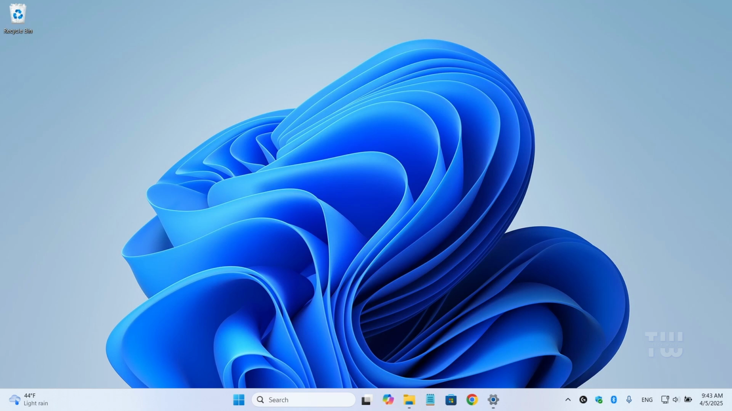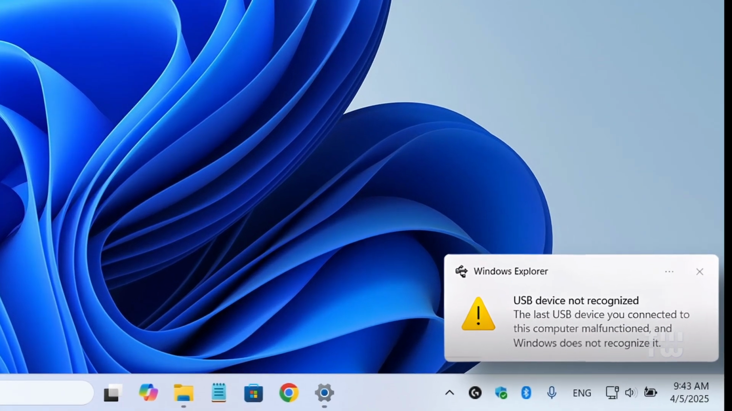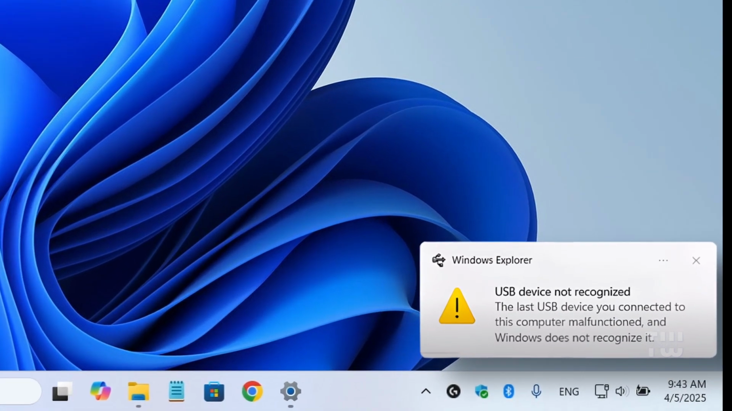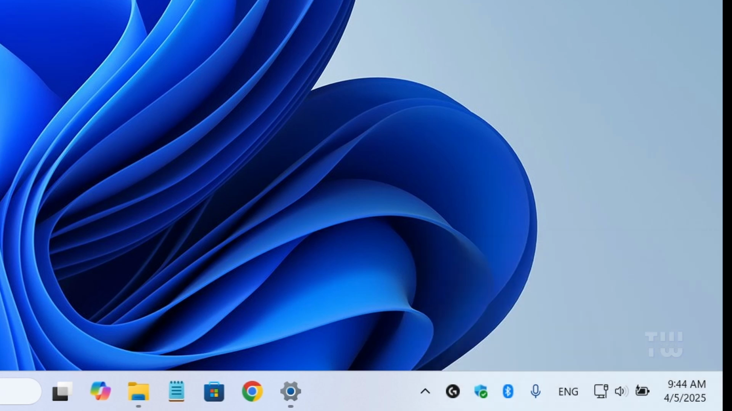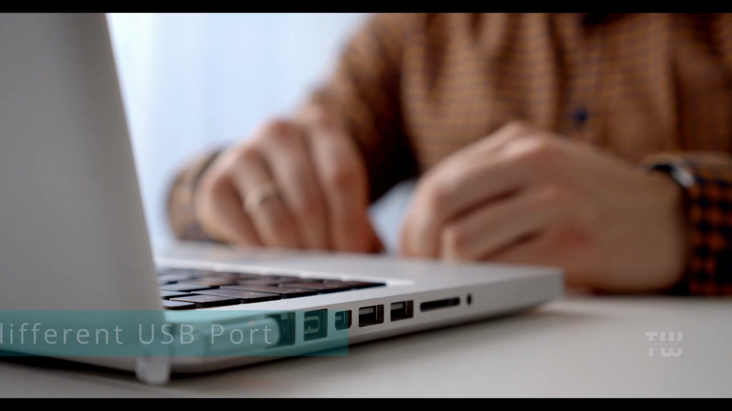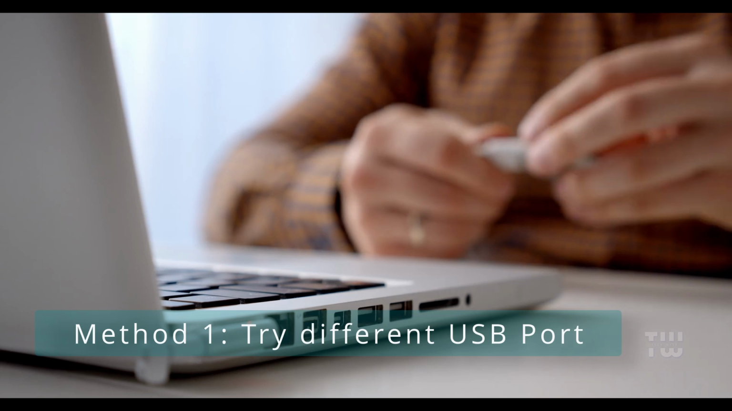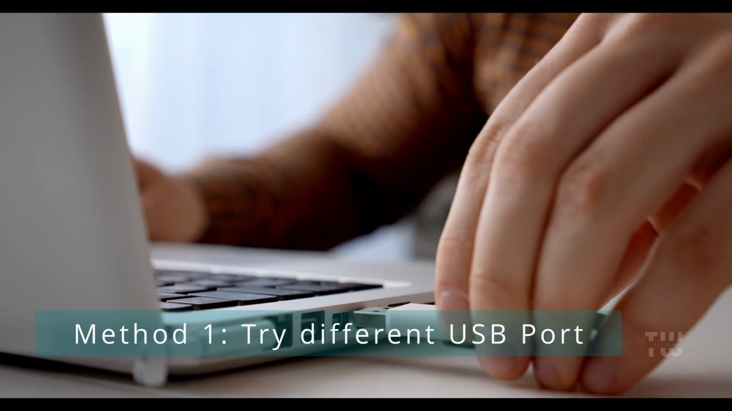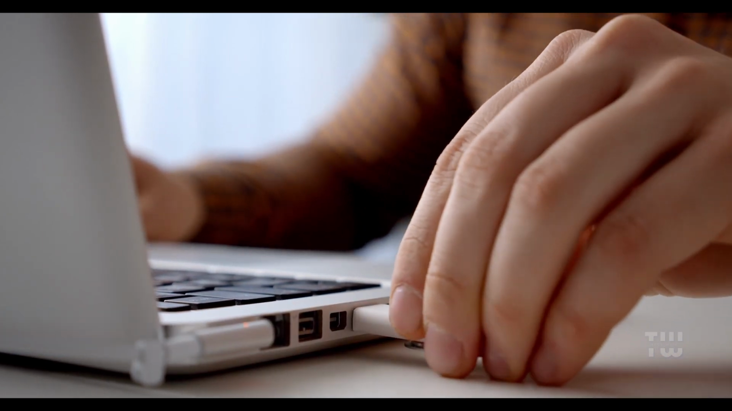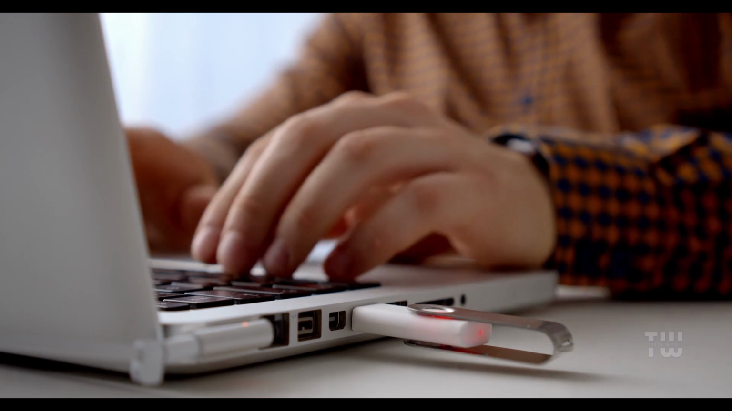Everyone, in this video, I'll show you how to fix the USB device not recognized message in Windows 10 and 11. First, let's try to plug in your USB device in a different port. Now sometimes a simple switch can resolve the issue, so if it doesn't work, let's move on to the next